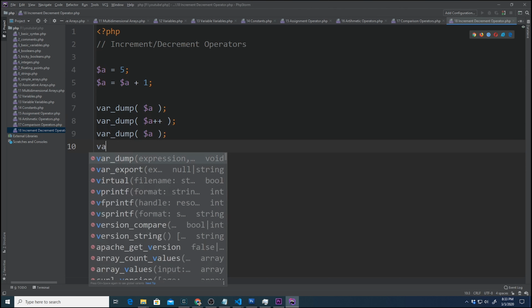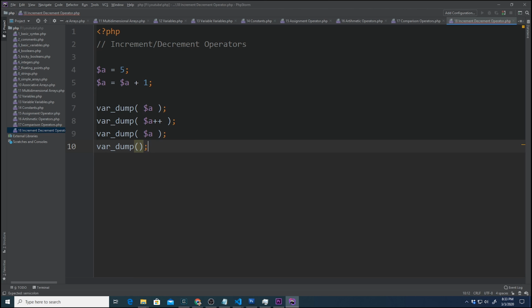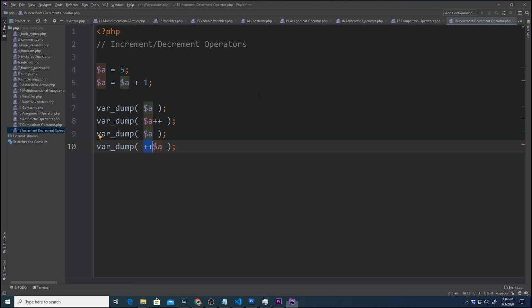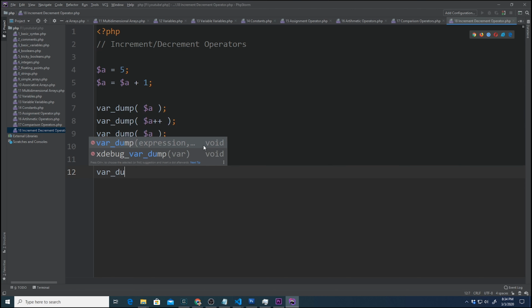Then there's the pre-increment, which basically takes the plus plus and puts it up front. So in this case, you increment a and then you display it. So here automatically you'll just display 8, and there it is. Same principle applies to decrementing. So we could say var dump